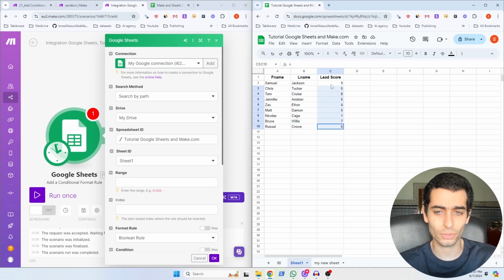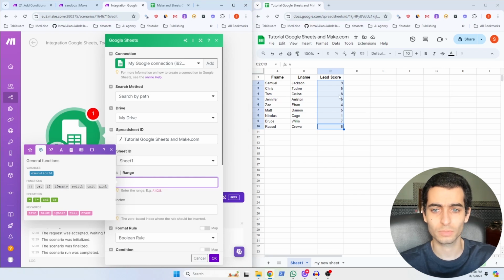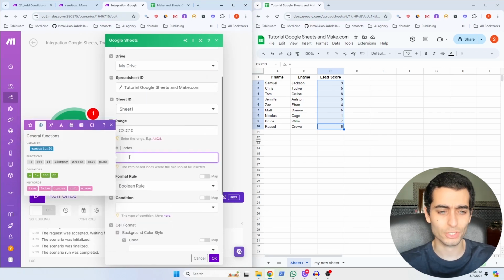Basically we want to change the background color of those cells here depending on the value of the lead score. So here for the range, it should be from C2 up to C10. This option is actually interesting. It says the zero-based index where the rule should be inserted. So basically, if you have multiple conditional format rules within the same sheet,